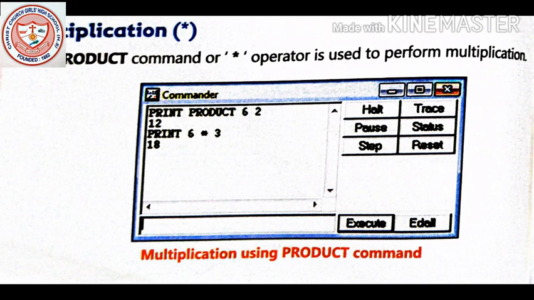Now you can also not write product, just give the sign of multiplication. Like print space 6 space star mark space 3. So 6 into 3 is 18. It is printed.